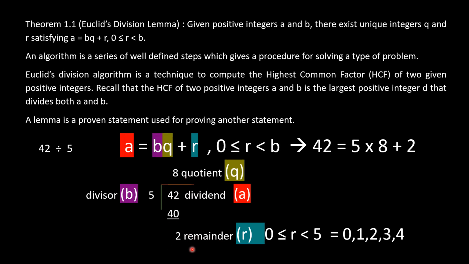What they are going to establish here is that this remainder is always greater than or equal to 0 and less than 5. Now you take 43, you will get 3 as a remainder, 44 you get 4 as a remainder, 45 you get 0, 46 you get 1, 47 you get 2. So the remainder will be 0, 1, 2, 3, 4, that is less than 5 and greater than or equal to 0. Now going to the next slide.